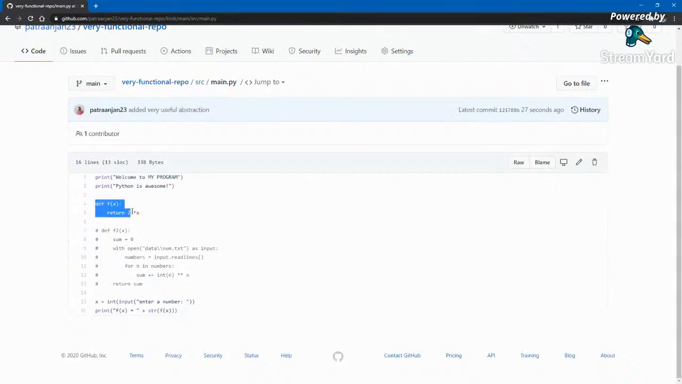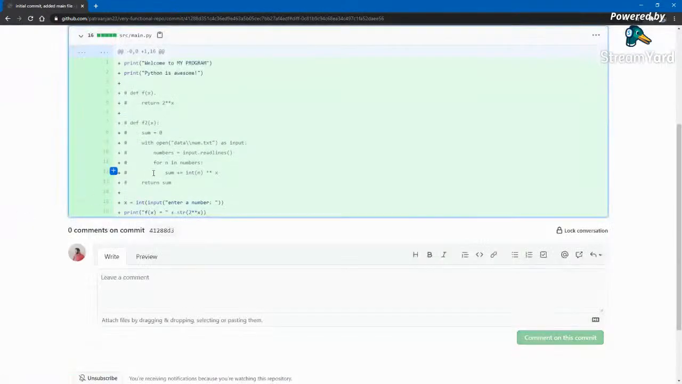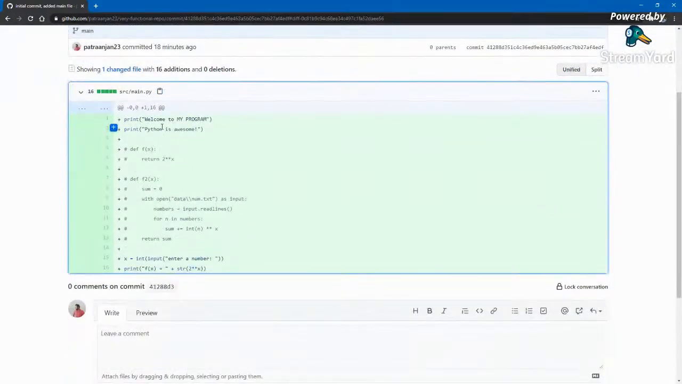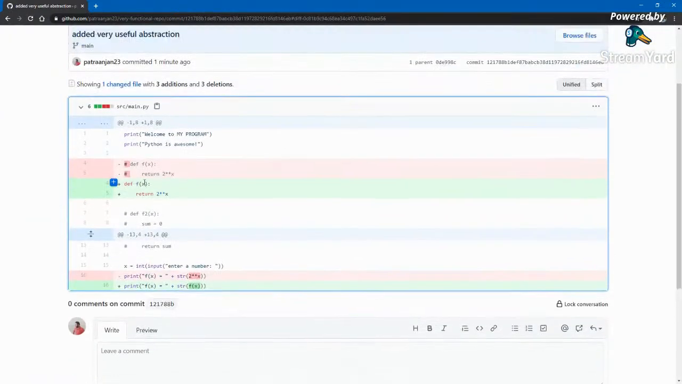Okay, see, this portion is added and this portion is added. It is updated. You can also check your commits here. See, you go to history, you can see there are 2 commits. Okay, initial commit, you can go here and you can see these lines were added at first. Okay, then you go to this one and it will show you that